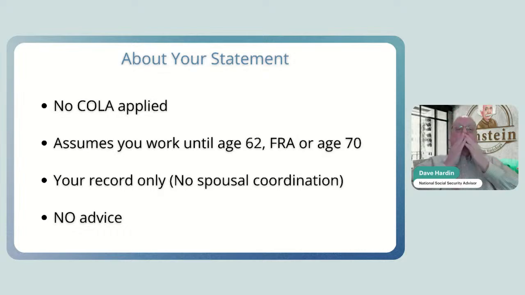All right, if you look at your statement, it does not include a cost of living adjustment. It never will. It'll tell you, we know in October what the cost of living is in next January. But I can't tell you what it's going to be the next year or the next year. But you've got to be able to estimate that to have any hope of coming up with a plan so that you can figure out where you're going to be. It assumes you work to a static retirement age of 62 or 70 or whatever your FRA is, 66 or 67. Most of us don't pick those dates.